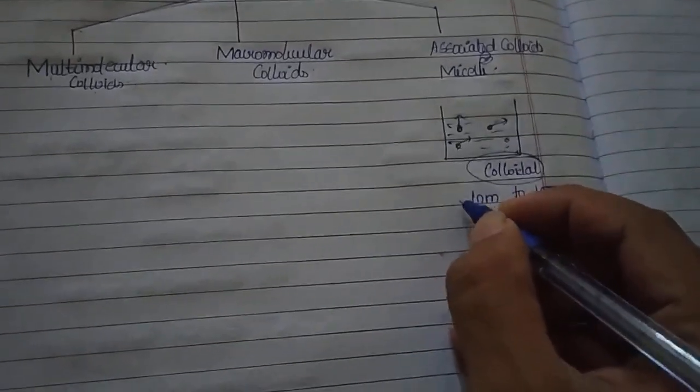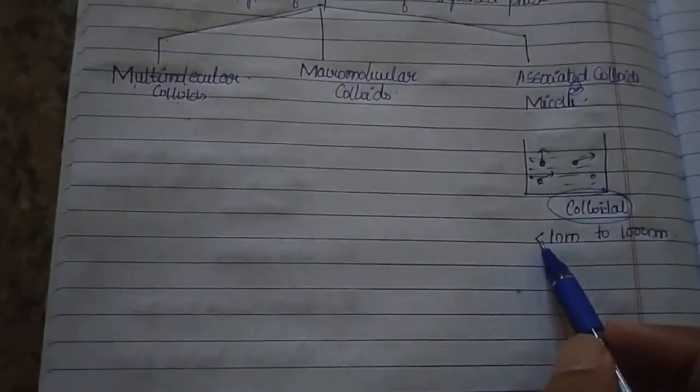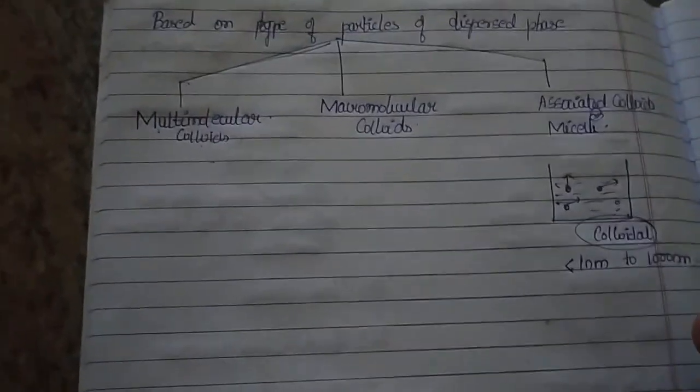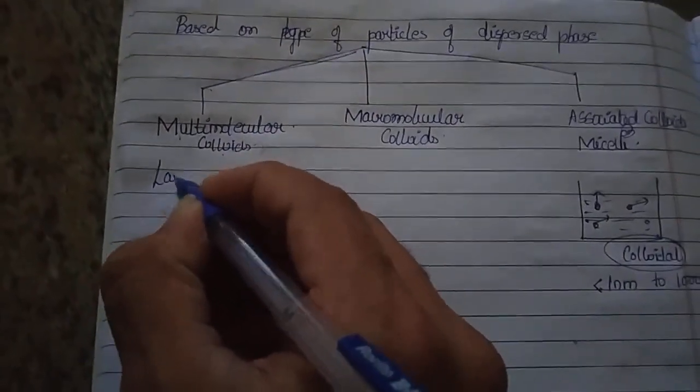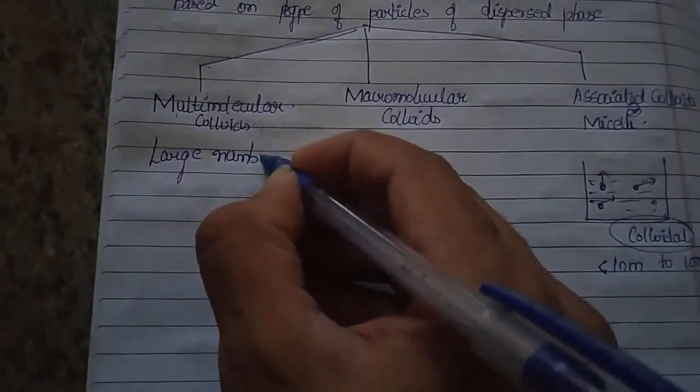There are also certain particles which could be less than 1 nanometer. Multi-molecular colloids take advantage of those molecules. Here, mark my words, a large number of atoms